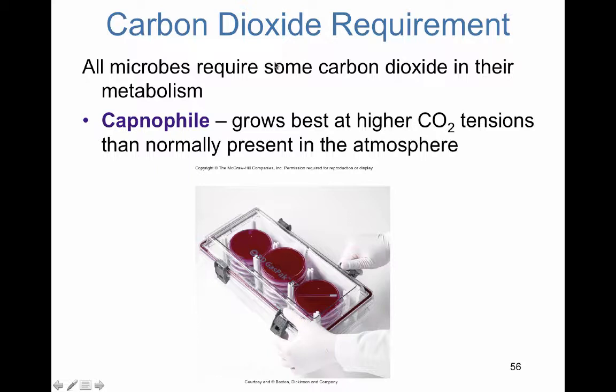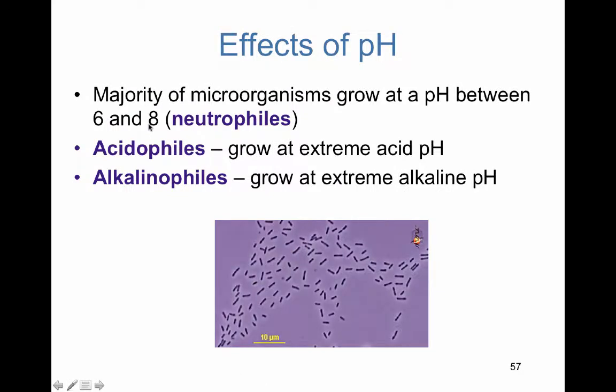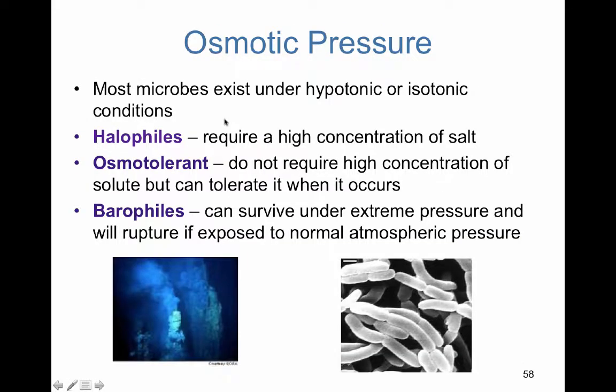There are some that require higher amounts of CO2, so this would be referred to as a capnophile. Also, there are some that like very acidic environments, like our stomach, grow at low pH or high pH. And the majority of them like to grow between a pH of 6 and 8, so a neutrophile. Now, extremes of osmotic pressure, halophiles like a high concentration of salt. So remember, this would be a severely hypertonic environment, or some are osmotolerant. They do not require a high concentration of solute, but they can tolerate it, versus a